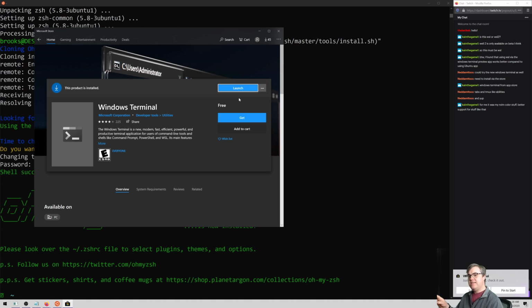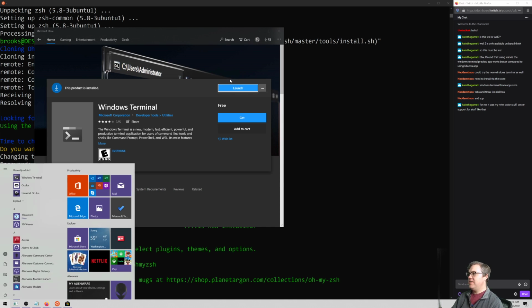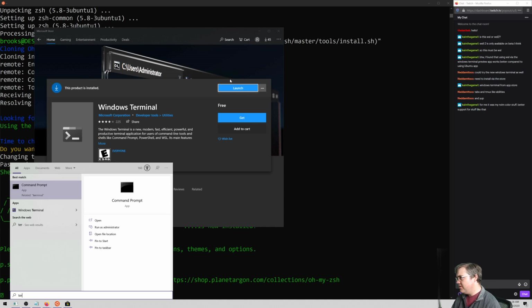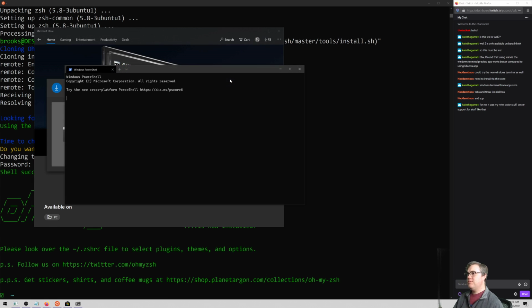I click get. Okay, that actually installed it. Previously, when I was installing other stuff from the store, I clicked get, and then I had to click install, which seemed weird. Okay, so to run this, if I now type terminal, there is the Windows terminal. Now it drops me in here, so it gets tabs. Now how do I get to the Windows subsystem? Is it just... no? Ubuntu? Oh yeah, okay, so I just run Ubuntu then.